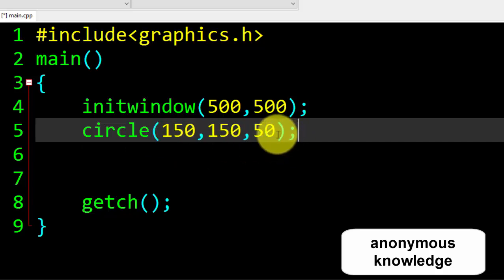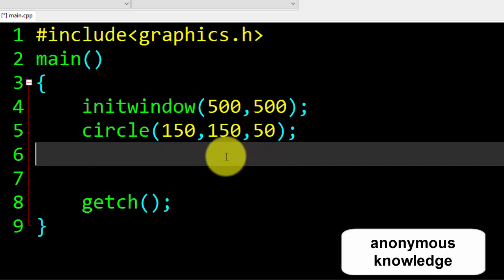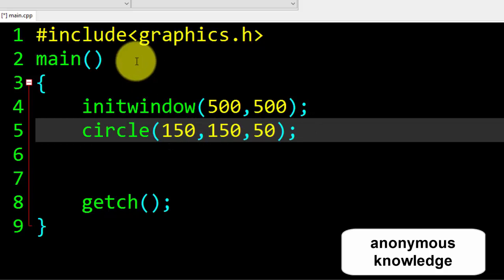So basically we have three parameters in the circle function. The first is for the x-axis, with a value of 150, the second for the y-axis, with a value of 150, and the third is the radius of the circle. I already explained all this in the circle video.